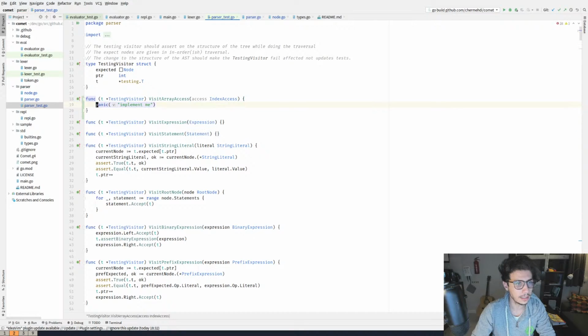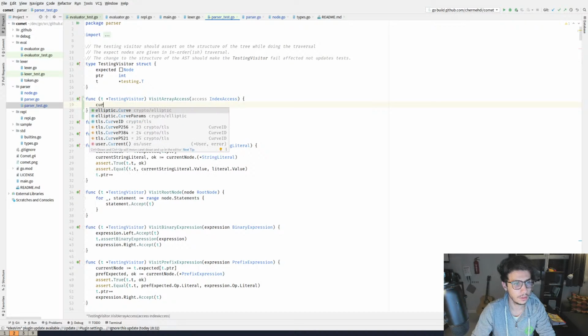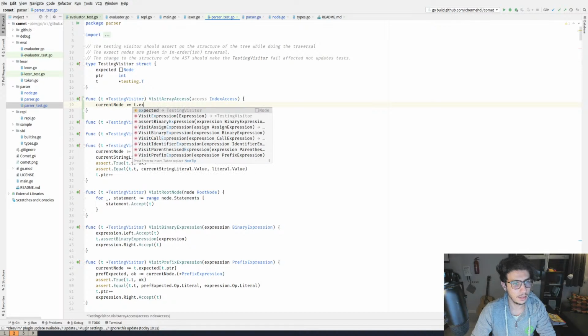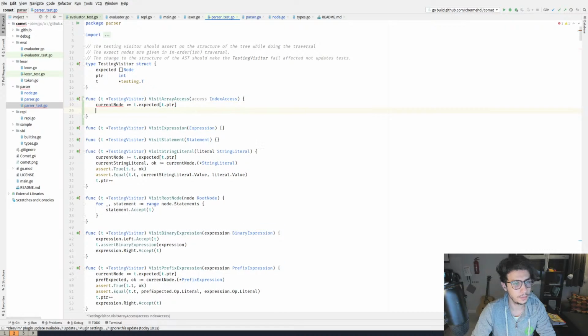So we need to implement the access, and to implement the access, I want to make sure that the current node is t.expected, t.pointer, t.pointer plus plus, and I don't think we need to assert anything. We want to make sure that the actual current node is, yeah.